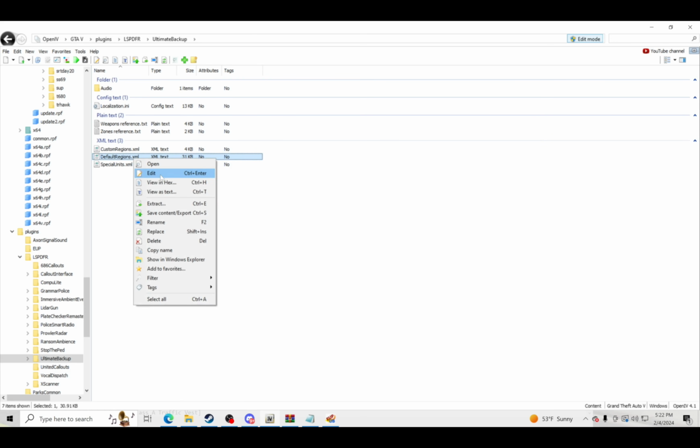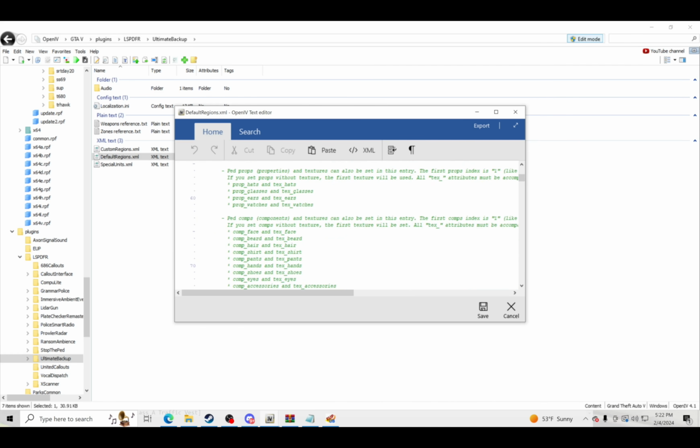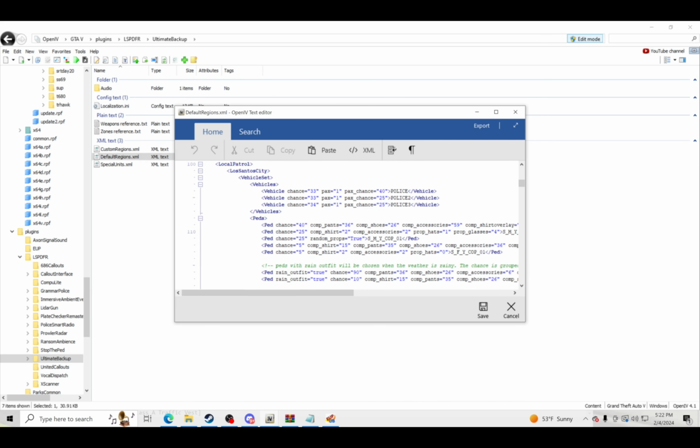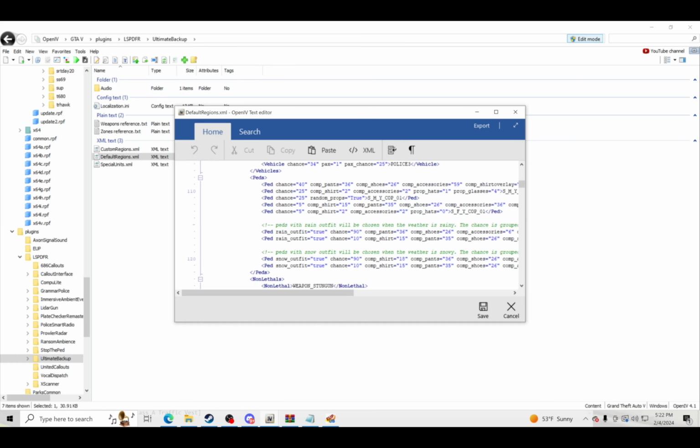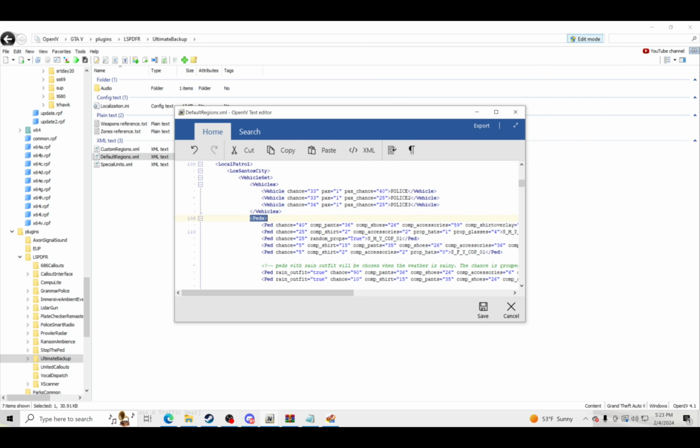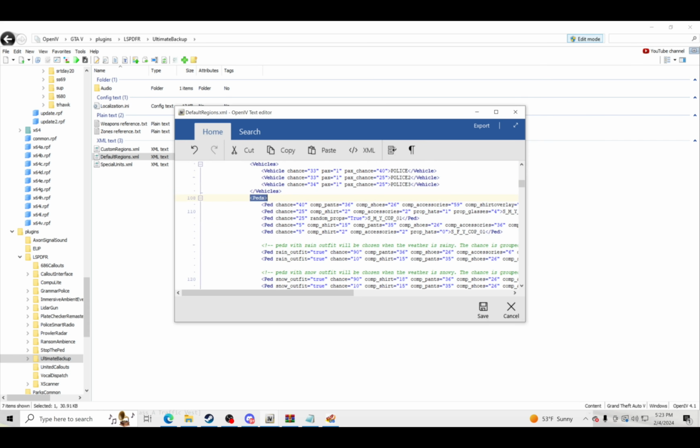So I'm going to right click, I'm going to hit edit, and we're going to go inside here. So inside here, you're going to see the different locations. You have Los Santos City, and you also have, so this is going to be all city units. So you see right here, in between here, you're going to have PEDs right here, and then you're going to have PEDs right here. So everything in between there,